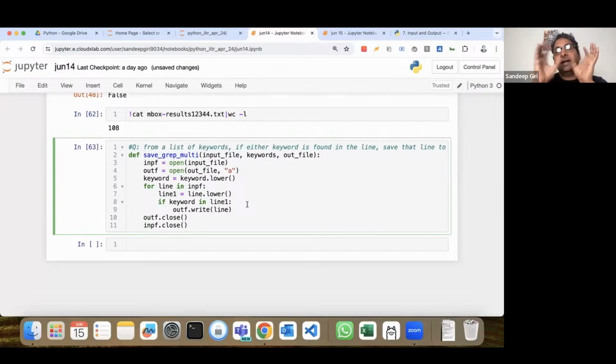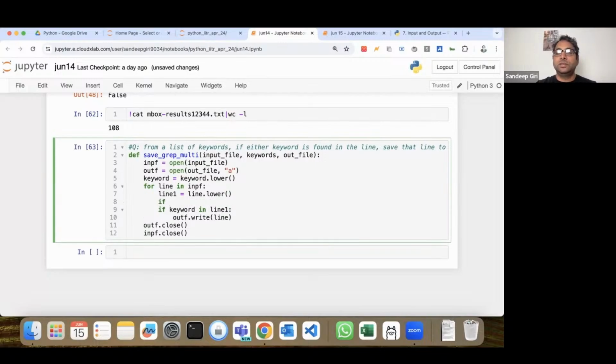We'll go through the file line by line, and then we will search for all the keywords. So we could say for keyword in keywords,